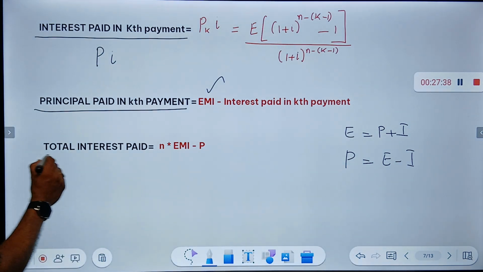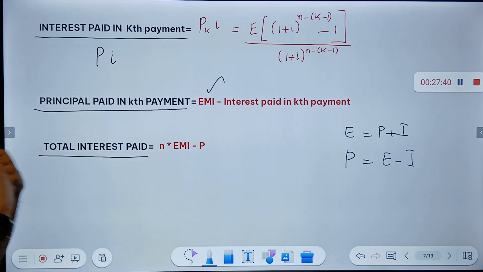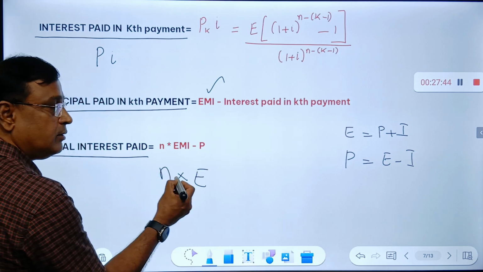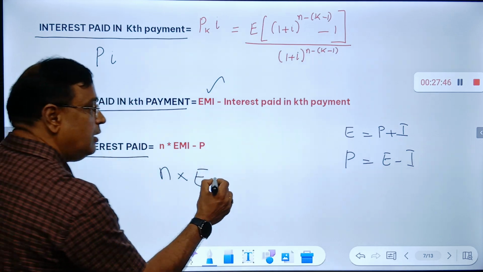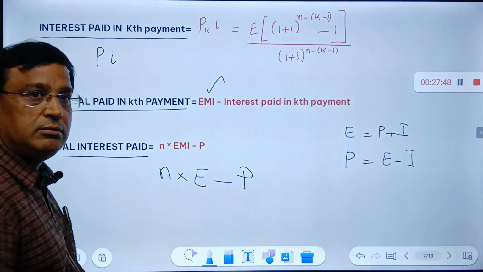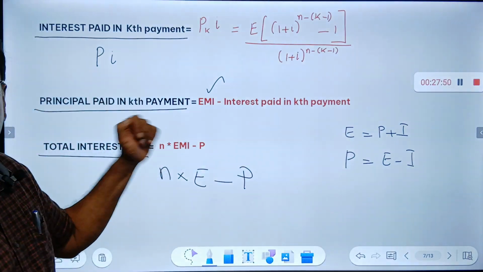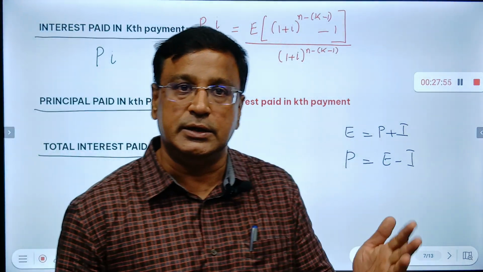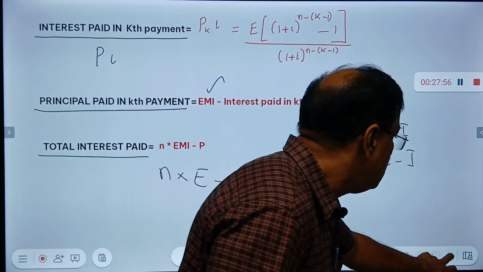Now, what is the total interest paid? The total interest paid is EMI into the number of tenure. That will give you the total EMI payment. From that you minus the principal. Correct? That is what is given here. Okay. I hope you understood all these problems and theory. With that, I'll do